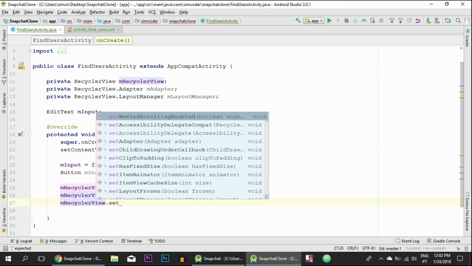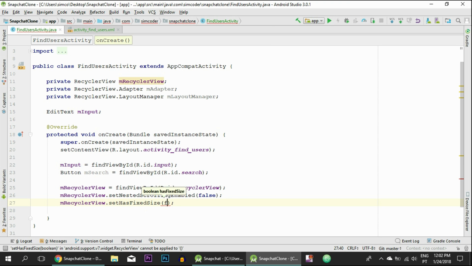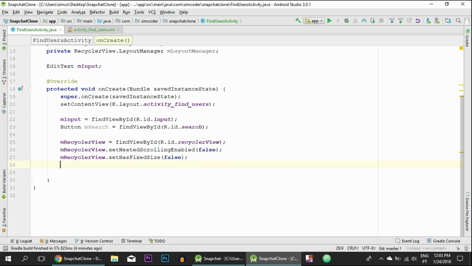Then we say setHasFixedSize to false, because we'll be changing how many children this recycler view will have depending on what we put into the edit text. Then we'll create a layout manager